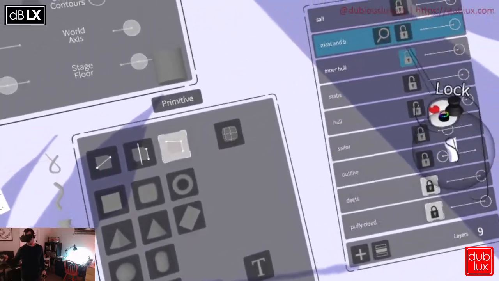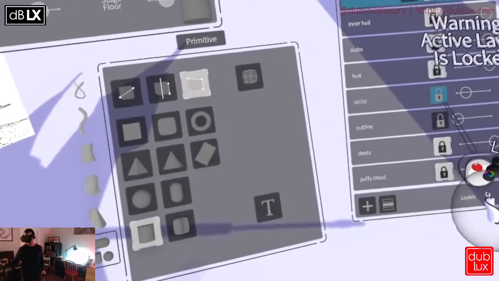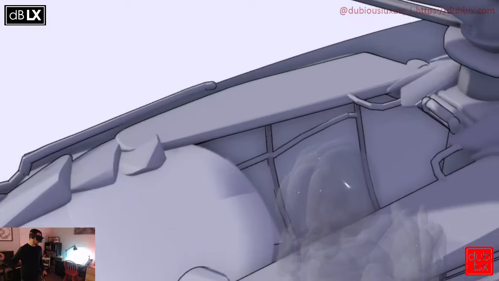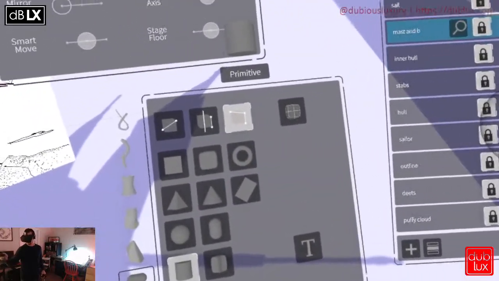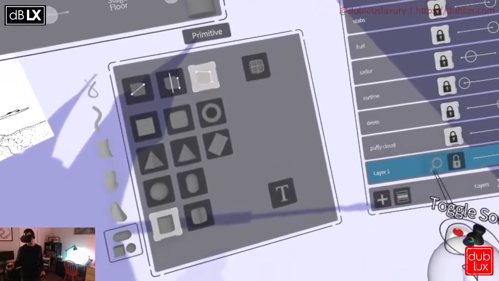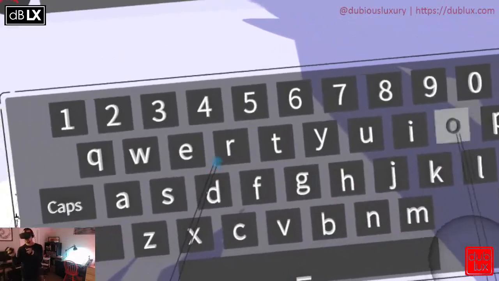They're super important. Mast, sail, inner hull, hull, sailor, outline. And I suspect that all of our mast A and B actually ended up being the layer where we stored that, but I don't really care that much. So now we're going to go back in, do a little bit more interior,